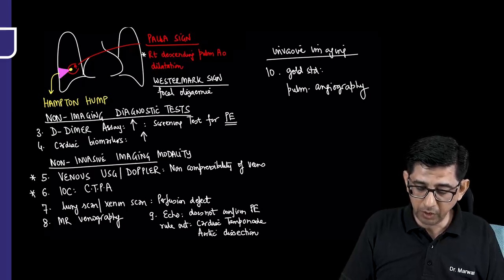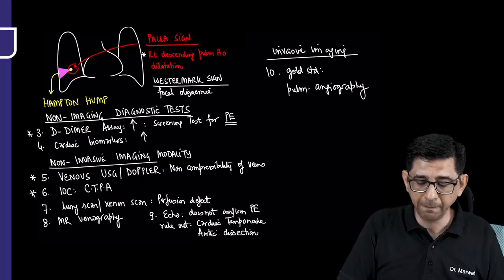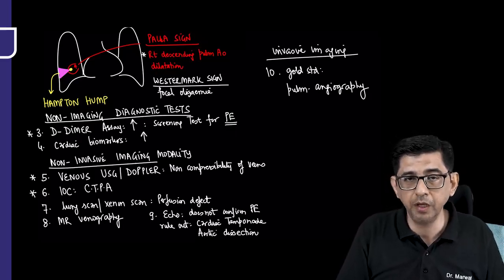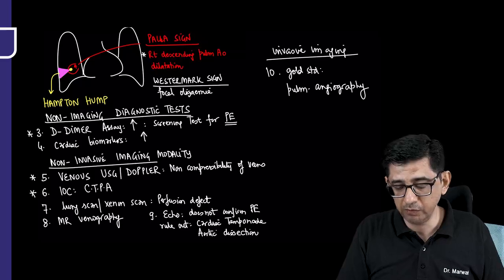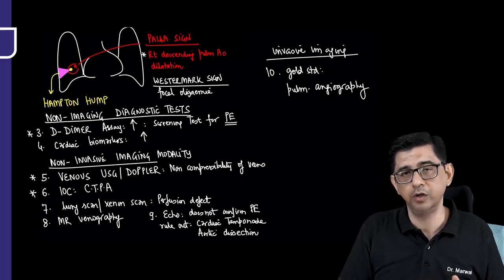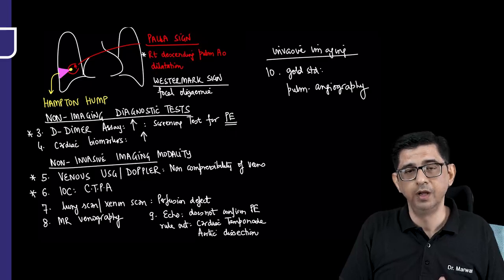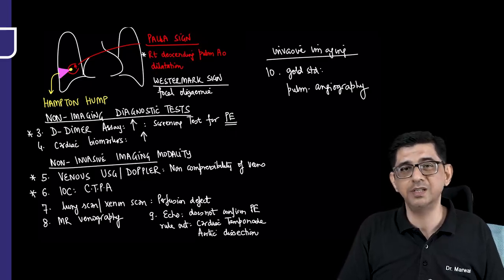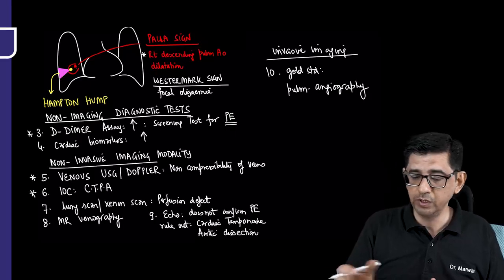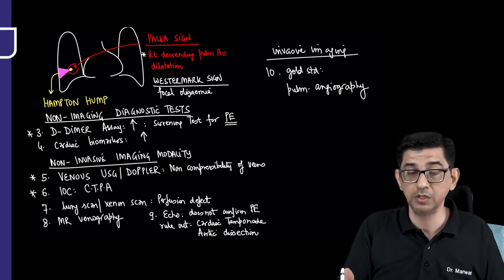We'll be relying on D-dimer assay as a screening. Along with that, we'll do a CTPA. And the third test that I'll be doing will be a venous ultrasound or a Doppler, which will prove that there was a clot that started from the deep veins, it moved towards the heart and thereby contributed to these